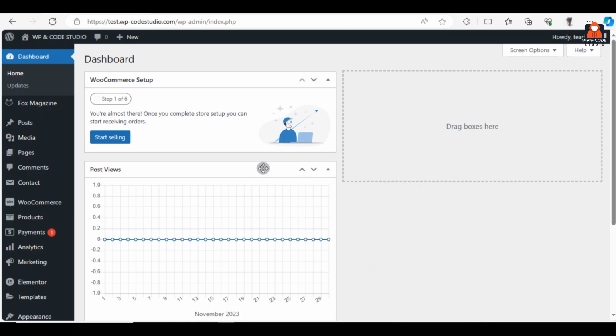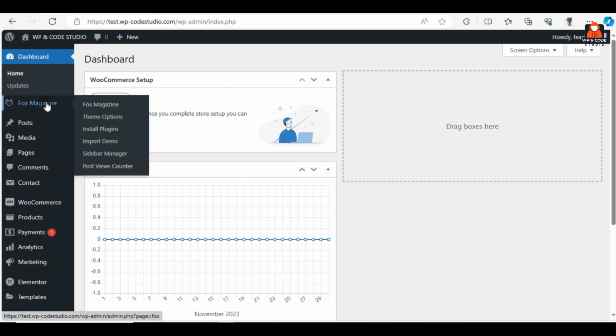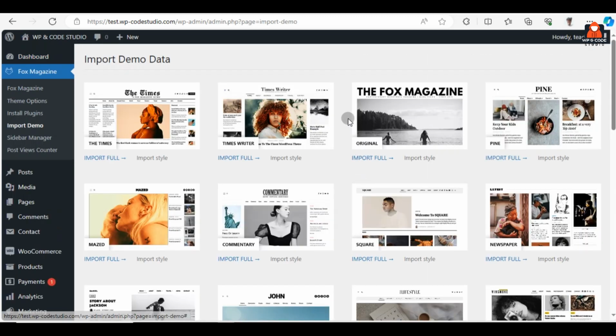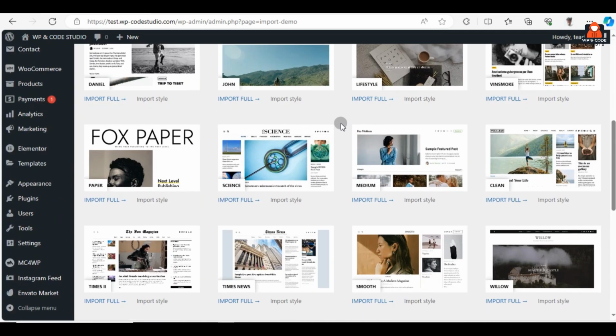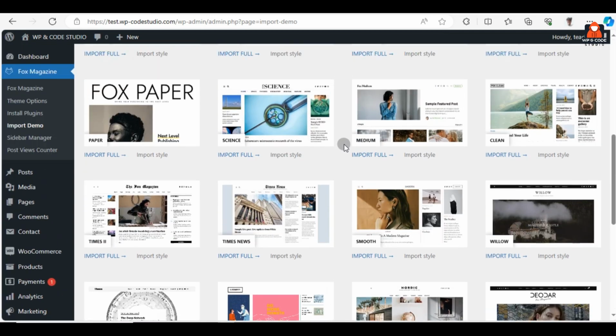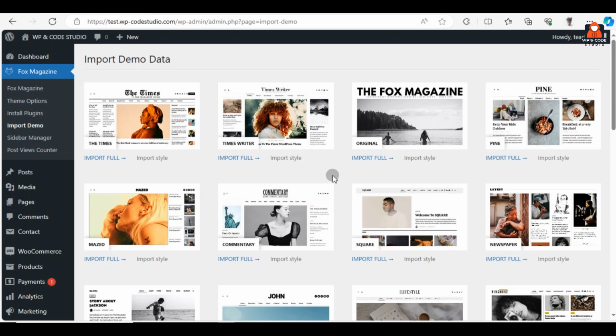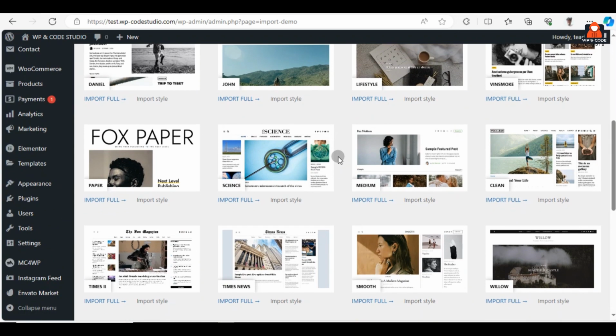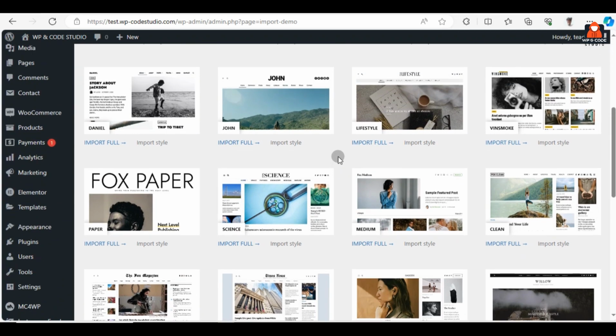So let it go and let's import demo content. Thereafter we need to import the demo content. So for that, first of all we have to find the theme options. So easily I got it here, and in this you will also get the import demo option. Just click on it, and then we can see so many demos available here. We can use any of them. So for example, I'm going to import